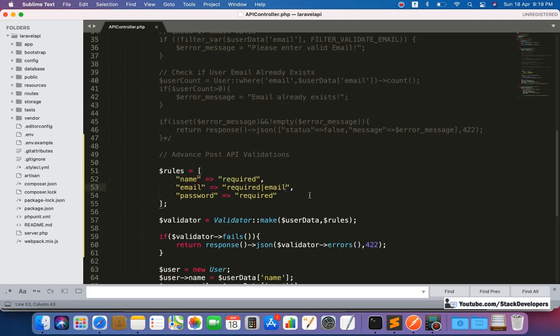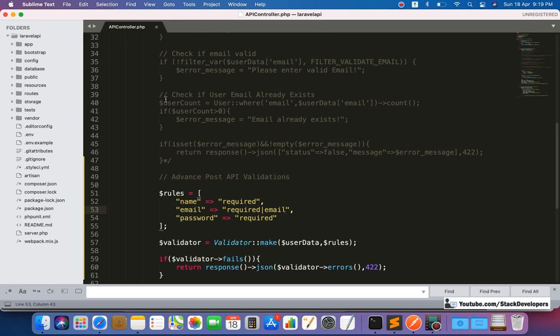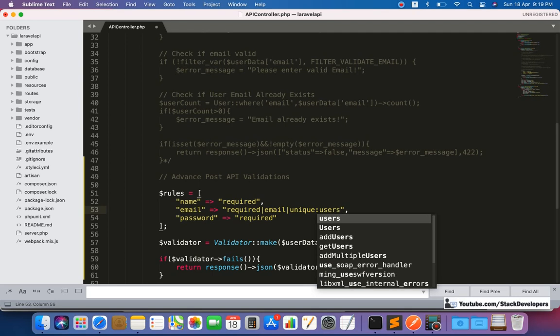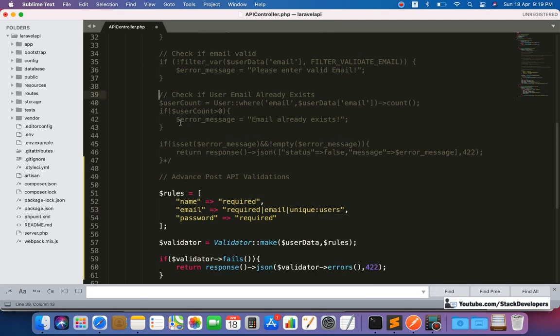You can simply add it. See how long the validation is, how many statements we need to add to check if the user email already exists. We have added the query for it, then we have added the condition for it. Here we need to add only a small syntax to check that the email must be unique. We will add the unique keyword, and the table we are going to check is users. Just add users. See, so simple. Otherwise you need to write so much.